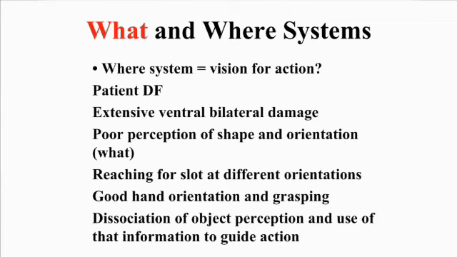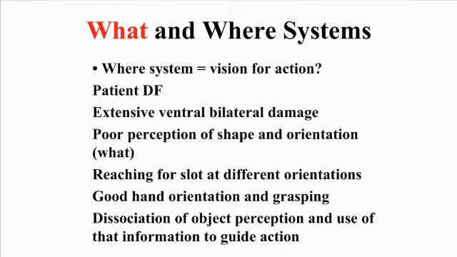And I'll tell you just one last bit of information to think about, that the what and where distinction sometimes is not as complete in every way as you might imagine. And so sometimes people have said, really, the where system is better described as not where things are, but the information you need for physical action in the world, which is very close to where, but it's a little bit different. And let me give you the kind of what type of information that the where system still seems to have in it. So here's a patient with extensive damage in the what system, in the lower parts of the brain, and posteriorly for vision, terrible perception of shapes and orientation of shapes, very bad what ability.